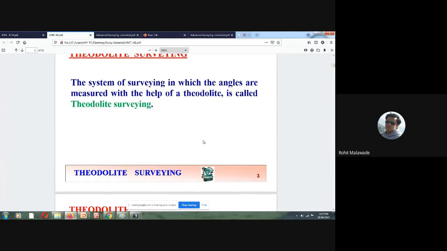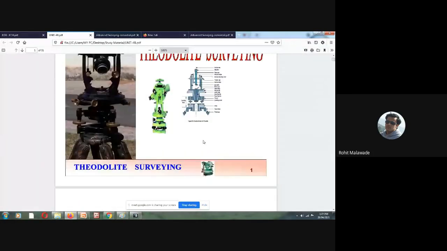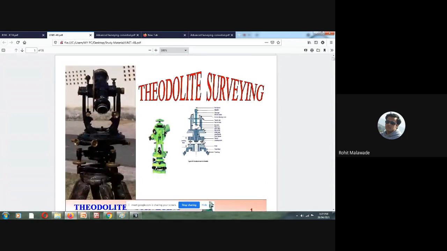From tomorrow's class onwards, we will be discussing the different types of theodolite. Again, we will be discussing the different parts of theodolite, because without discussing the different parts of theodolite, we will not be able to understand the further things. We should be very clear about the different parts. By looking at these pictures, it is a bit difficult to say how to operate it, but still I will tell how we need to do it. Physical contact with this particular instrument is very important in order to deal with it.